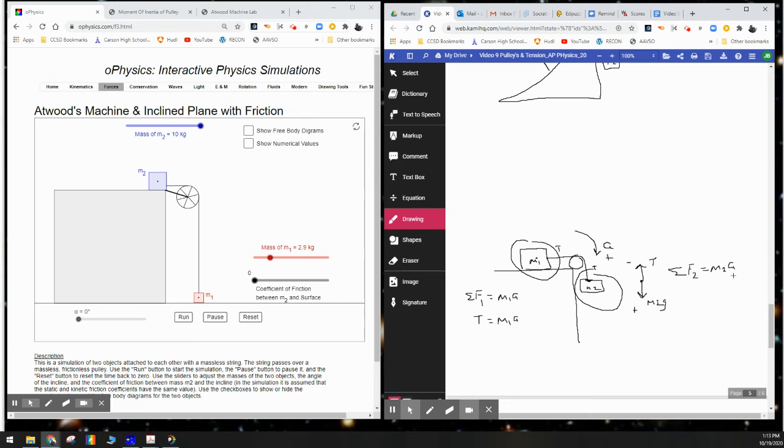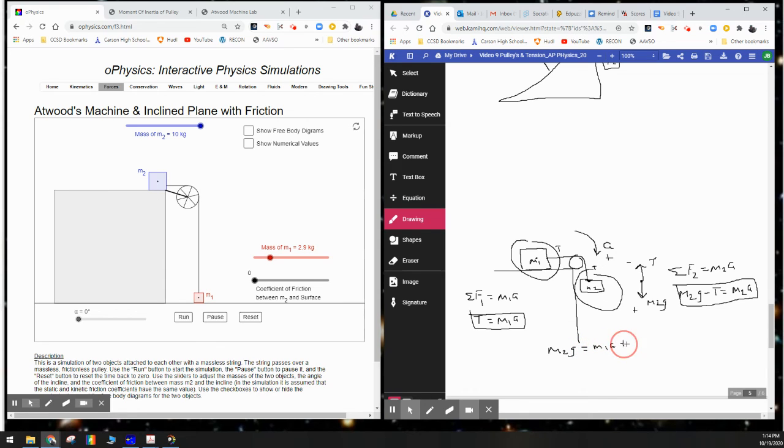All right, so what we have here is M2G minus tension is equal to M2A, like so. And we'll go ahead and close this with a box here. Look at the tensions. Do they cancel out? Positive tension minus tension, they cancel out, leaving just M2G on the left side equals